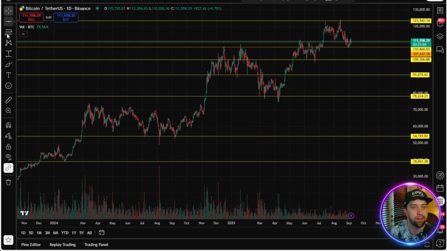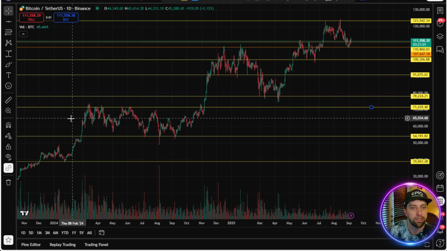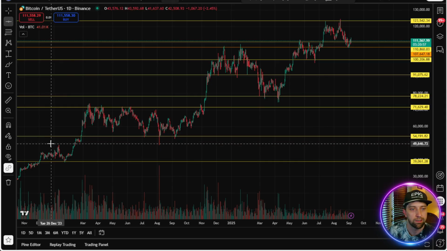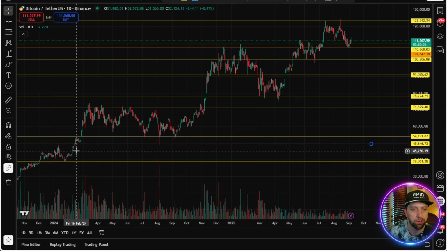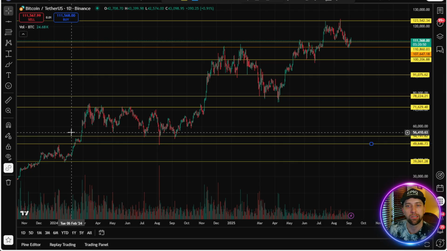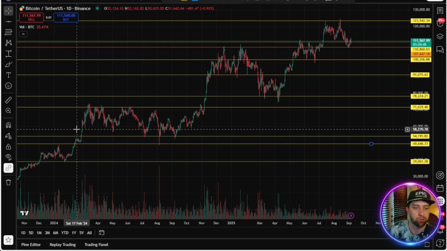That's one that I forgot to add. And then right around here, we're going to add another resistance. And then we're also going to add one more resistance here for this point, and I'll explain why in a second. So one of the major things that you want to be looking for when you're finding supports and resistances